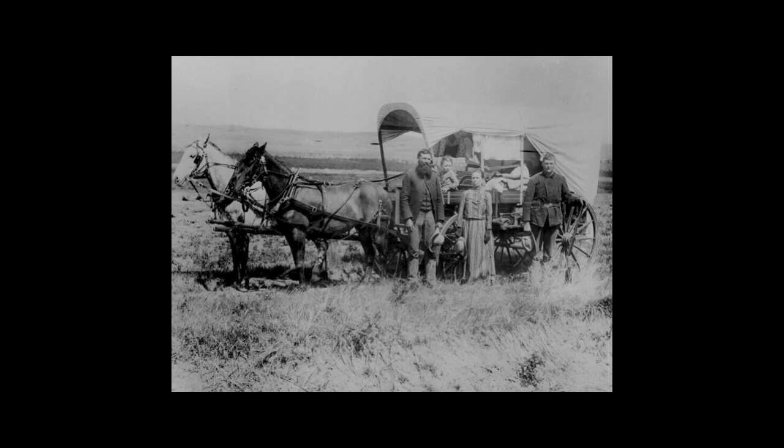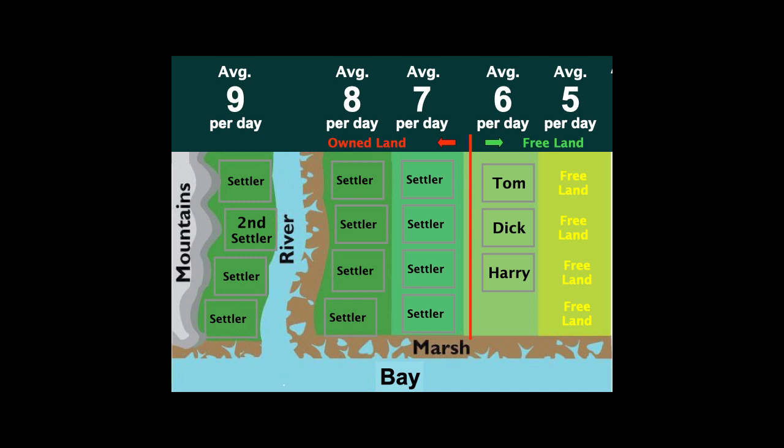Now, if we turn the thing around and we say, our second settler is old and she's about to retire. She says, my barn is shot. I got no tools and equipment. They're all worn out, but I got some pretty good land here. And I'm going to see if I can hire the average worker to bring his tools and equipment and use my land. And I can see that on the average, he can produce $9 a day. Whoa. He can produce $9 a day. On his own land down here, he can only produce $6 a day.